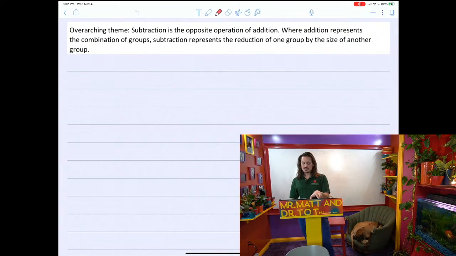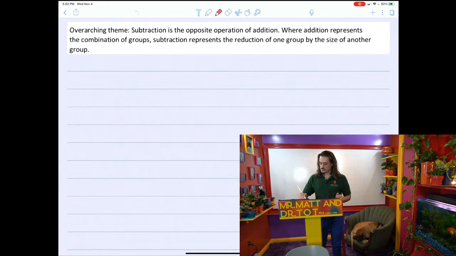So the overarching theme here, subtraction is the opposite operation of addition. Where addition represents the combination of groups, subtraction represents the reduction of one group by the size of another group. So for example, oops, I didn't want that. I want an actual pen. So for example, with addition,